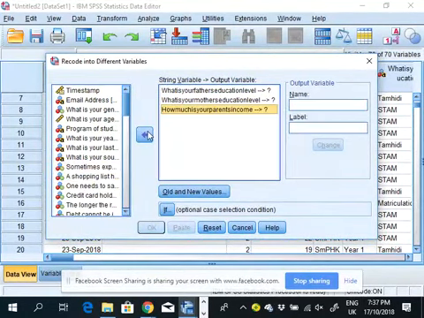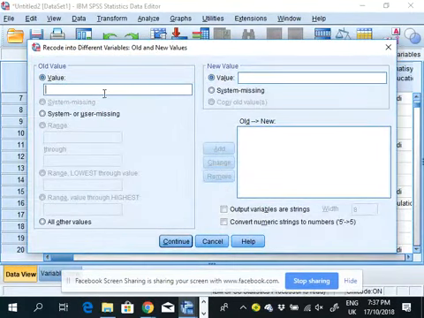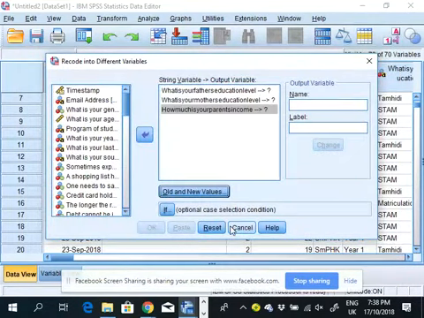Then you will have this old and new value. For example, 1 will be strongly disagree, 2 disagree, 3 unsure, 4 agree, 5 strongly agree. Then you change this in one go. You don't have to change one by one. You can change all of the questions at one time. So, understand? Now, because we don't have that data here,